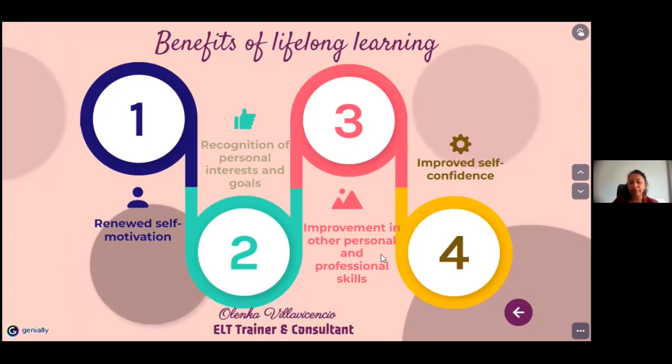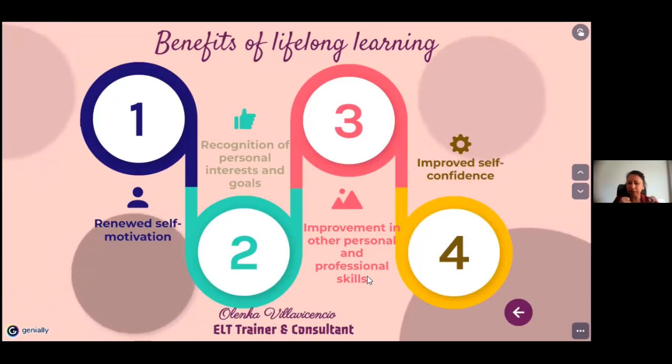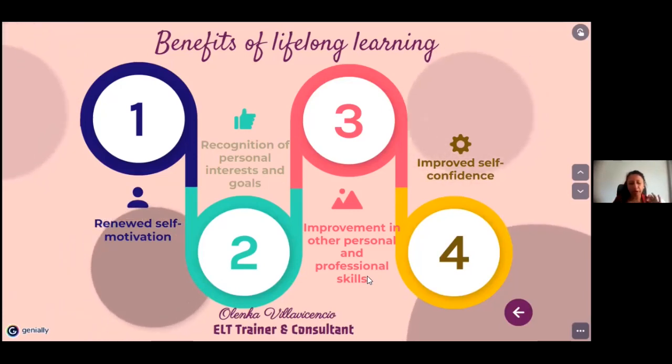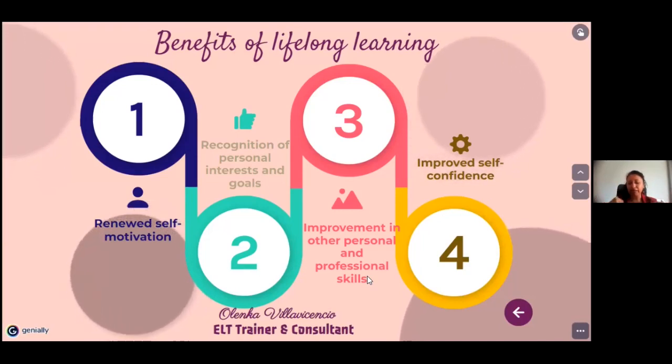Improvement in other and professional skills. Personal, yeah. For speaking skills, you have the public speaking. Try to work in a team because it's not very easy to work in a collaborative way, because with people from different parts of the world, they are very strict with punctuality, they are strict with the deadlines and so on. And this is something that is free for you, okay?